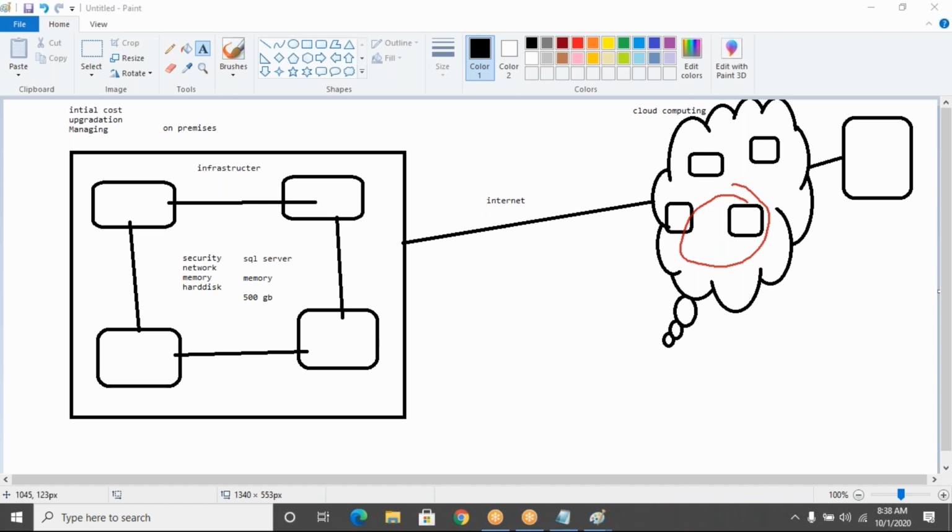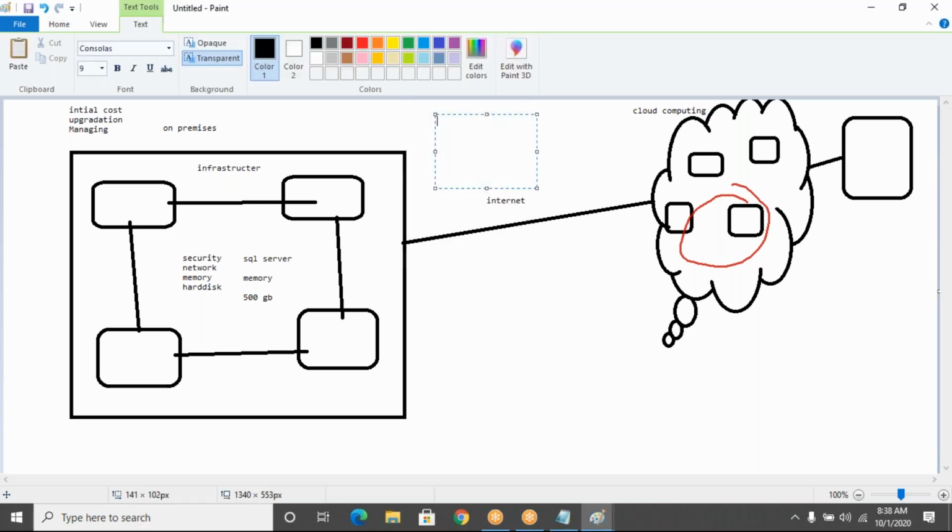When you go to a supermarket, they organize the items in a proper way, right? Groceries in one place, cool drinks in one place, cosmetics in another place, and vegetables in some other place. Similarly, these are all cloud vendors: Microsoft Azure, Amazon Web Services (AWS), Google. They also organize their services into three parts.